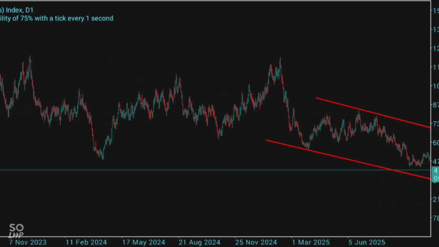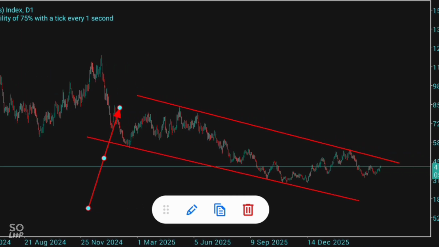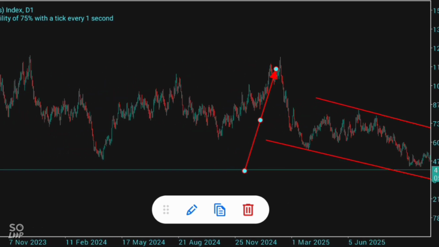So if you look at this market structure and the overall trend, we can see it's bearish. It's a bearish market structure with lower highs. This was a lower high compared to this other lower high there. This was lower high, lower low,